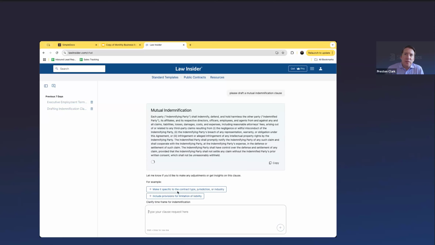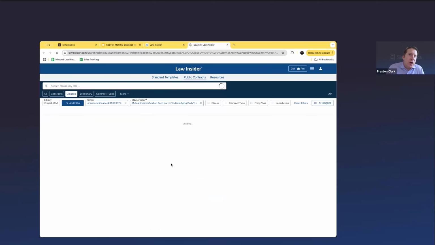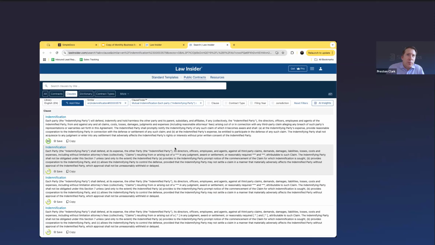You can still interface with this language. Where it says Party A or Party B, you can say, hey, Simple Docs, Law Insider, whatever you want. But the part I want to draw your attention to, which is just crazy powerful, and of all the things I've been excited about here, this is the biggest, is that it scores the Law Insider index against this agreement and will take you to other agreements where a similar clause exists in the wild.